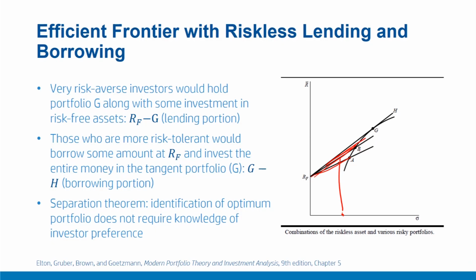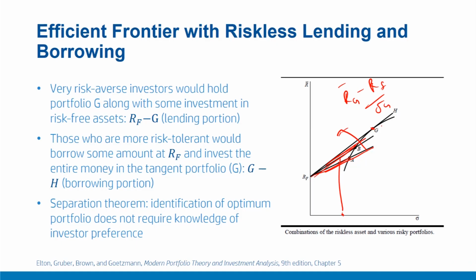So this means as we are rotating this line in the counterclockwise direction, we are making it steeper and steeper. The concept of tangency indicates the highest we can rotate is up to the point of tangency, which is here point G, as shown. At this point, the line passing from RF attains the highest slope. Remember the Sharpe ratio, RG bar minus RF upon sigma G.